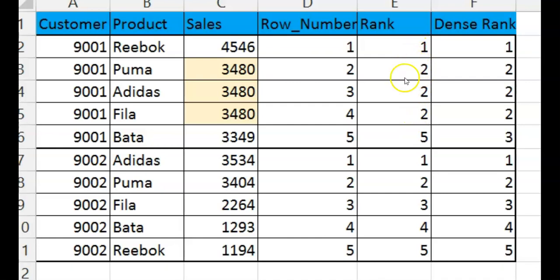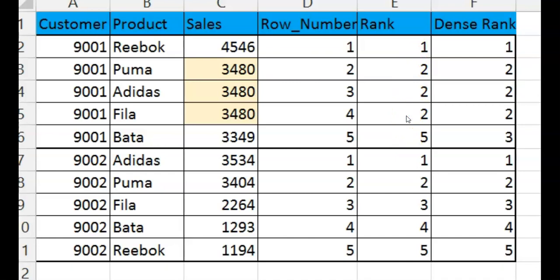it will take the next position, which is 5. So 3 is missing, 4 is missing, because it can't provide the 3rd and 4th rank. So it will drop those ranks and will take up the next rank, which is 5. So the first value will attain 1, the second value will attain 2, the third value will attain 2 because it is the same, otherwise it would have got 3. The next value will again get 2 because the value is the same, otherwise it would have got 4, and the next value, which is the lowest, will attain 5. So all the values which are exactly the same will be assigned the same rank.